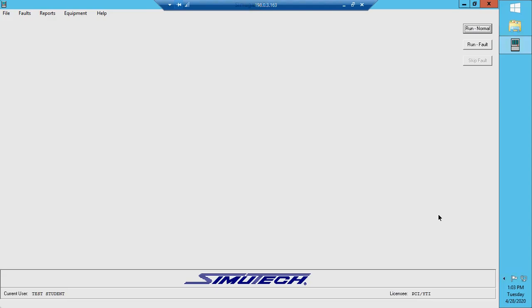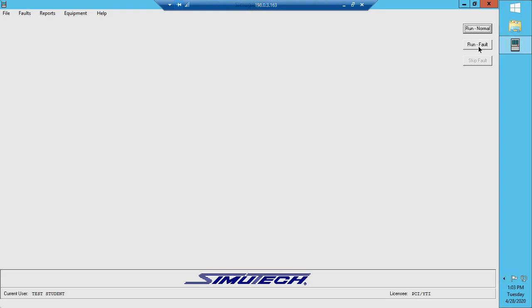Okay, so today we're going to do a little troubleshooting on our gas simulator to demonstrate what we would do in the event of a no heat situation, a no heat service call. So here we are again on the Simutech Simu-Gas simulator. And this time, if you notice, instead of just the run normal button, we now have the run fault